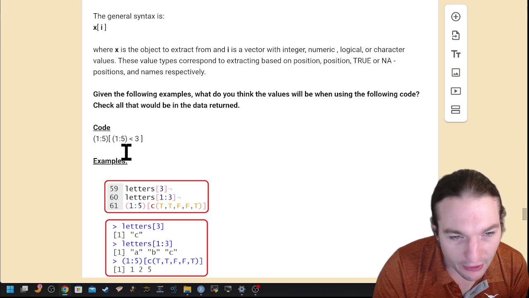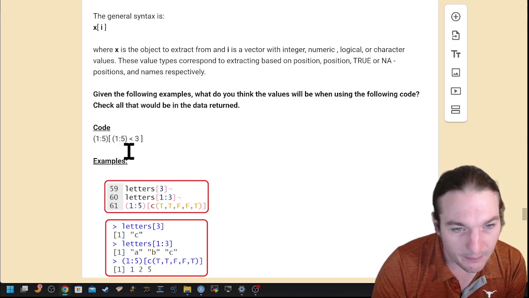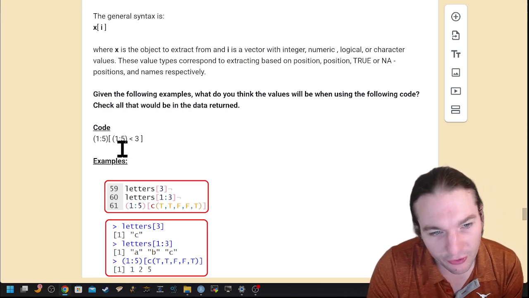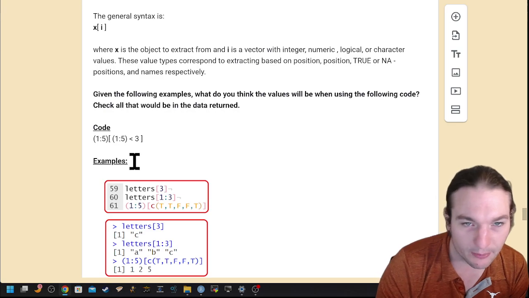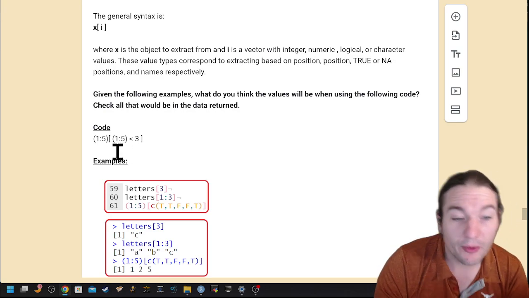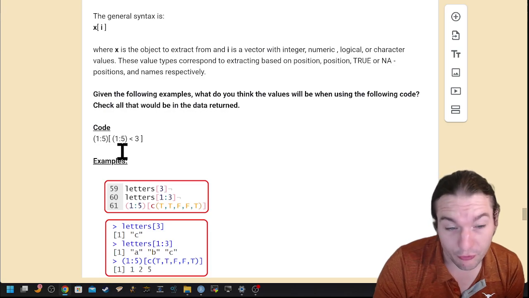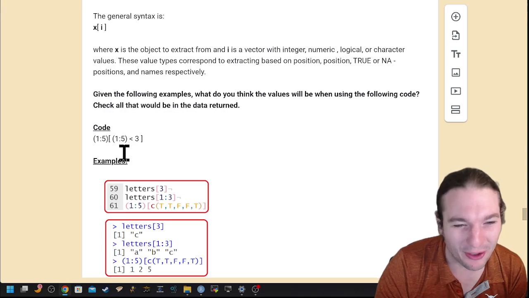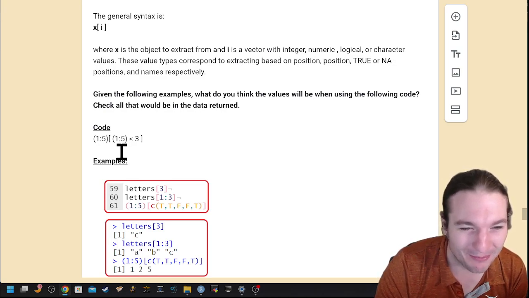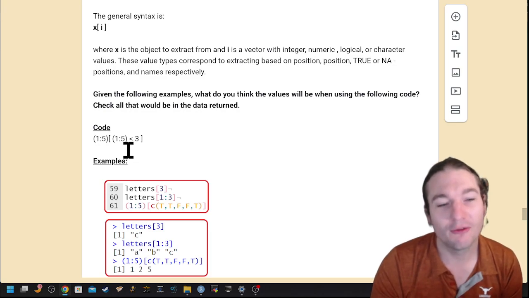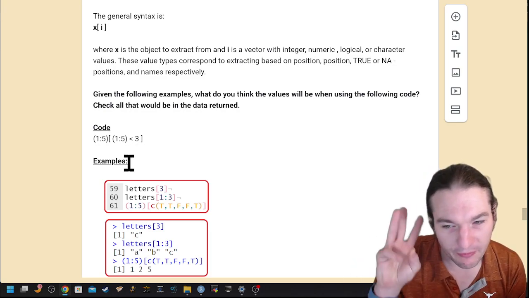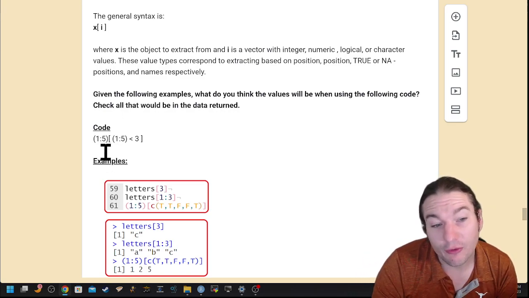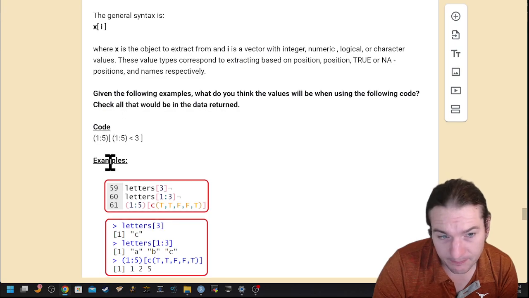This had to happen first because it's in parentheses, that's clear. And then before I could do the extraction, it must have been compared to the 3 because look, that's the other side of the extraction. So here this will have become true, true, false, false, false. You'll notice I dropped the equal sign. Didn't really try to trip people up, but I think I tripped a good number of people up. So this will become true, true, false, false, false, three falses. This is 1 through 5, and so therefore the 1 and the 2 will be extracted.